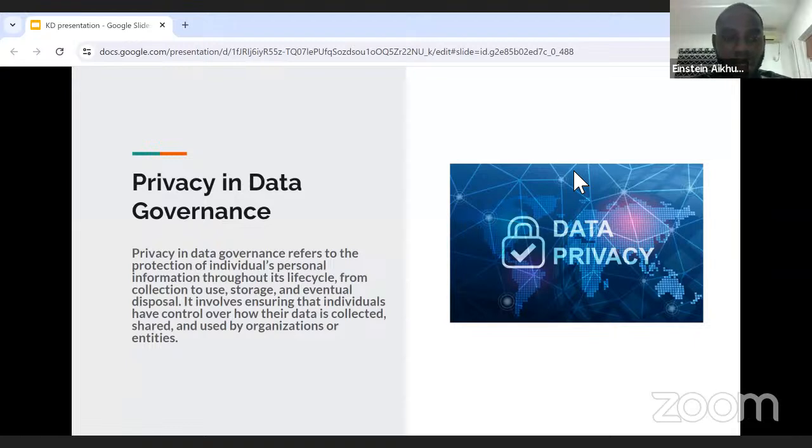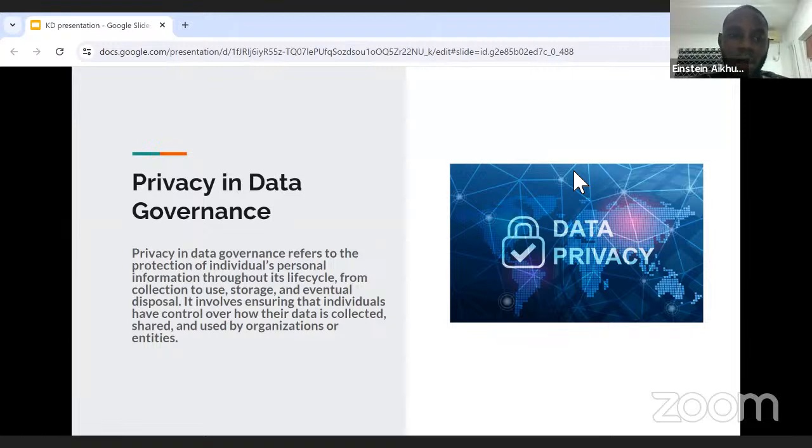The next outline is privacy in data governance. Now, what is basically privacy? We all know when we sign up for various things online, the organization we're signing up with has the due diligence to protect our data from external bodies. Imagine you sign up for a social media app and you put in your name, your address, and phone number, and you later find out that someone had access to that data you shared. That is not privacy. Your privacy has been breached.